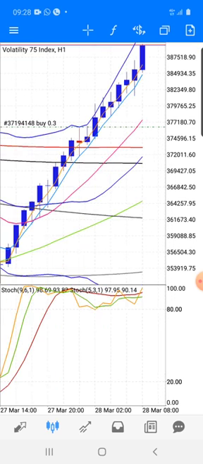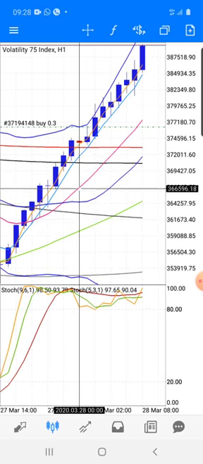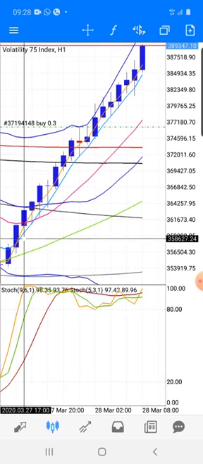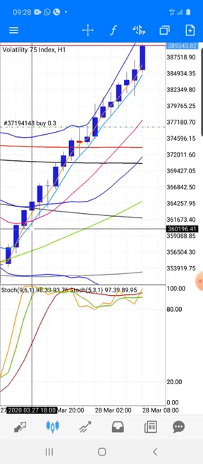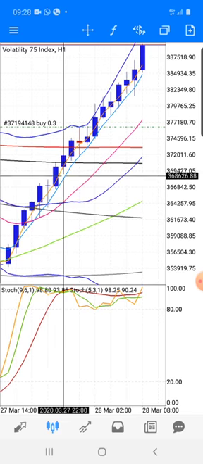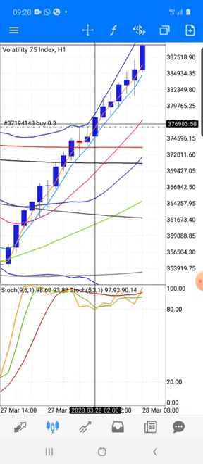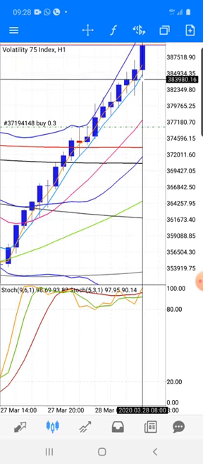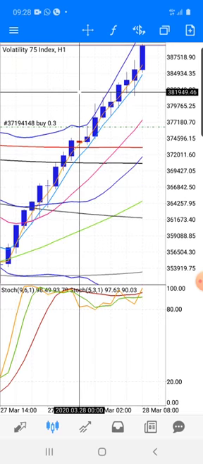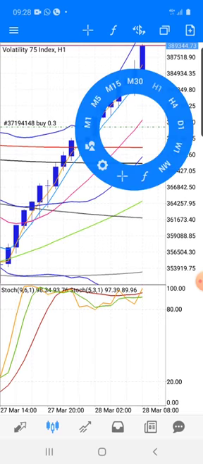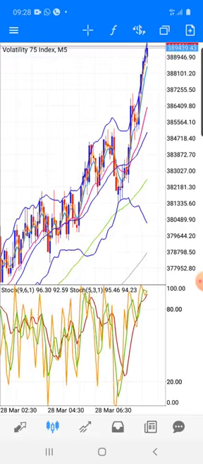Now, apart from paying attention to the green on the 1 hour, pay attention to the moving averages, the yellow and the blue. You can see the yellow and the blue. Do you see how they are so close together and forming like a railway, parallel lines, and those lines are just going up? Then come to the 5 minutes